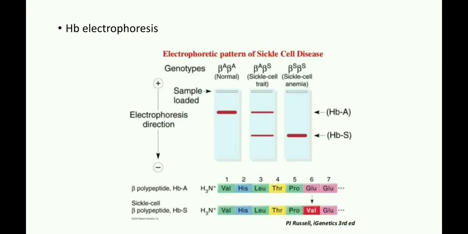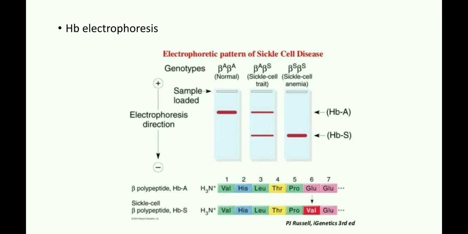So since we have told that in the case of the sickling test, you cannot actually differentiate whether it is a sickle cell trait or whether it is a sickle cell disease. So you must differentiate between the two, and that is why you get hemoglobin electrophoresis. When you do this hemoglobin electrophoresis, you can get two lines in the case of